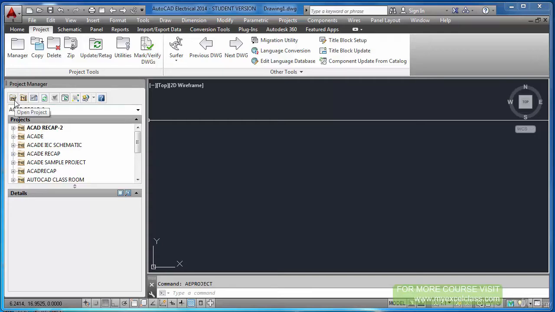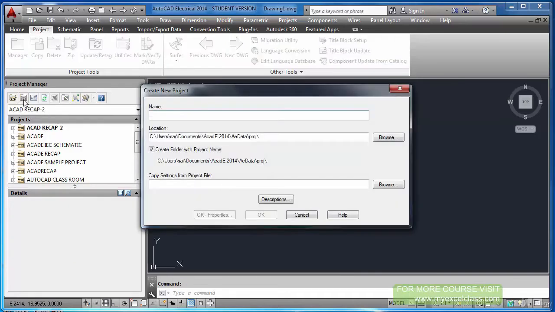I am going to make a new project. This is the new project tab. This is open project. If you already have a project, you can open it from here, but I don't have it right now. This is for new project, and this is new drawing, refresh, and project wide utilities, and drawing list display, how we want to display the drawings inside this project manager, and plot, publish, and all. So let us start with a new project. I don't have an existing project open, so I am going straight to the new project.